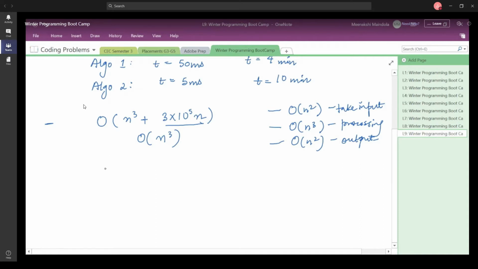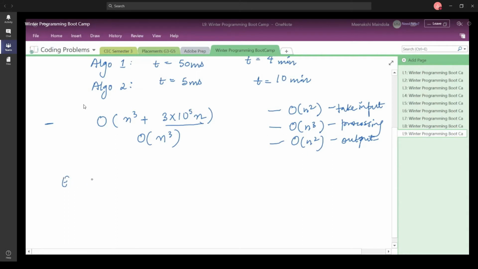Okay, so let us move ahead and now let us take certain examples. We are going to look into a few examples of loops, and also a few examples of recursion as well. Say you have been given this piece of code, and let us start with the simplest example here.